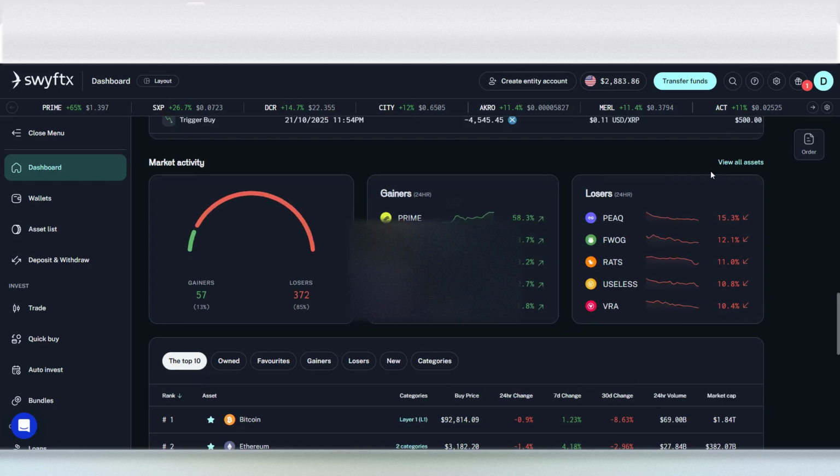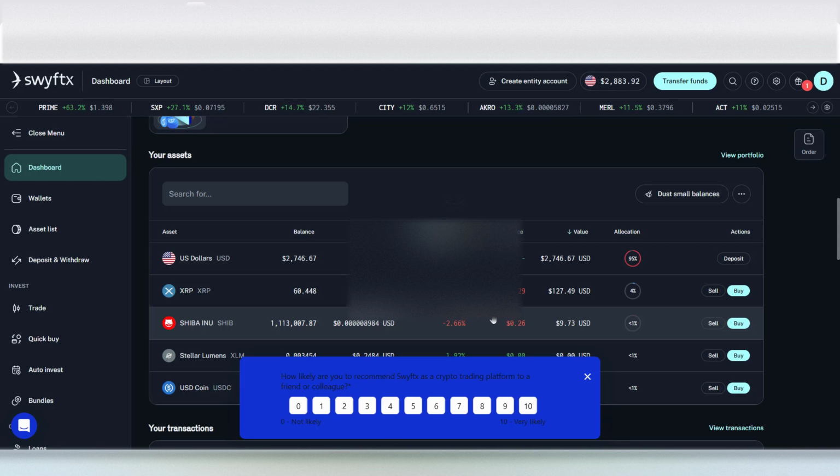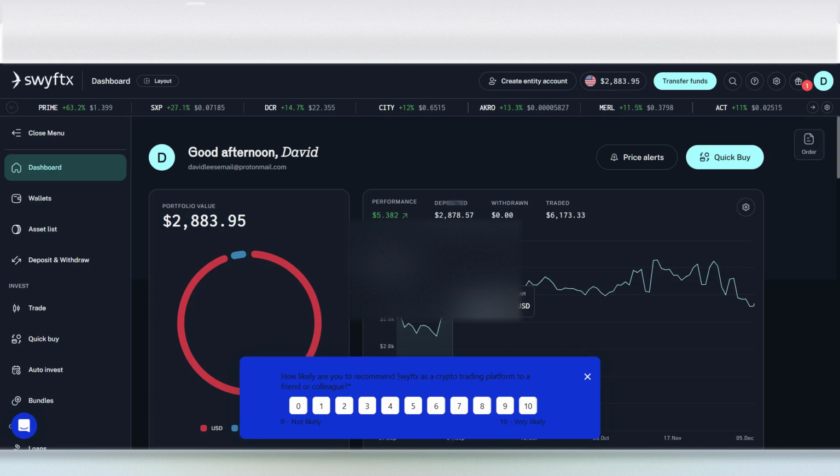So if I go back into my dashboard now, I think I will have some. There it is. My Shiba is worth 973, so I lost 27 cents or something, 26 cents on the fees to do that, which is stupid because if I bought like 5 times as much, I think the fees are the same. Anyway, moving right on. This time I want to do a